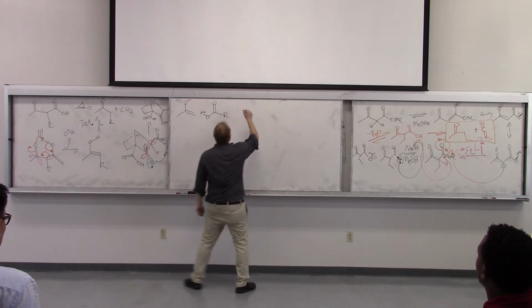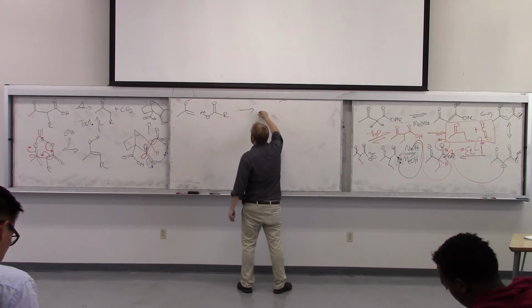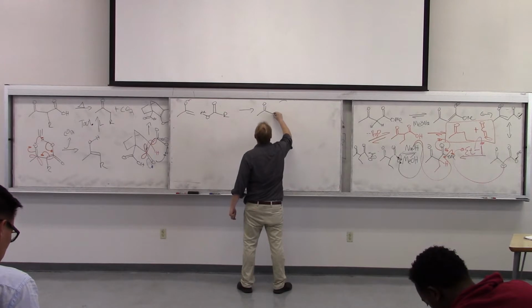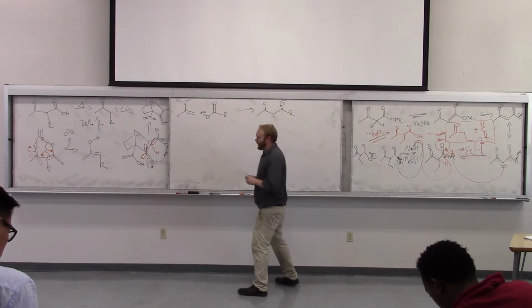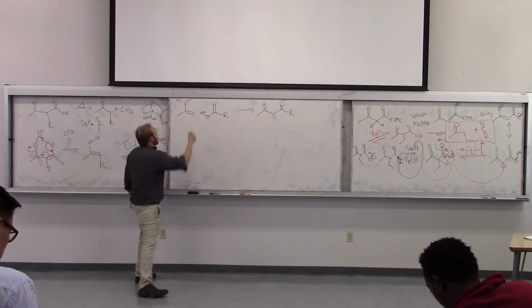So enolate plus ester is going to give us a diketone. Now, obviously, I'll go through the mechanism in more detail shortly, but it's generally the idea that